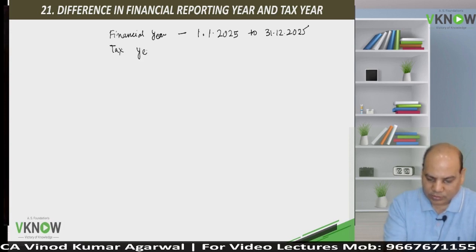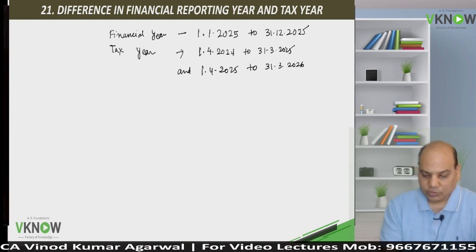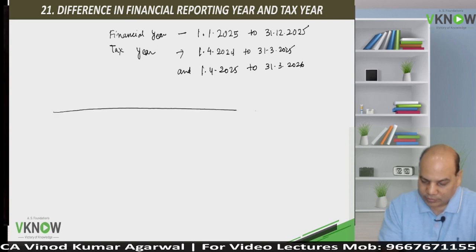And tax year is April to March. So tax year would be 1/4/2024 to 31st March 2025 and 1/4/2025 to 31st March 2026. So if I draw a timeline,